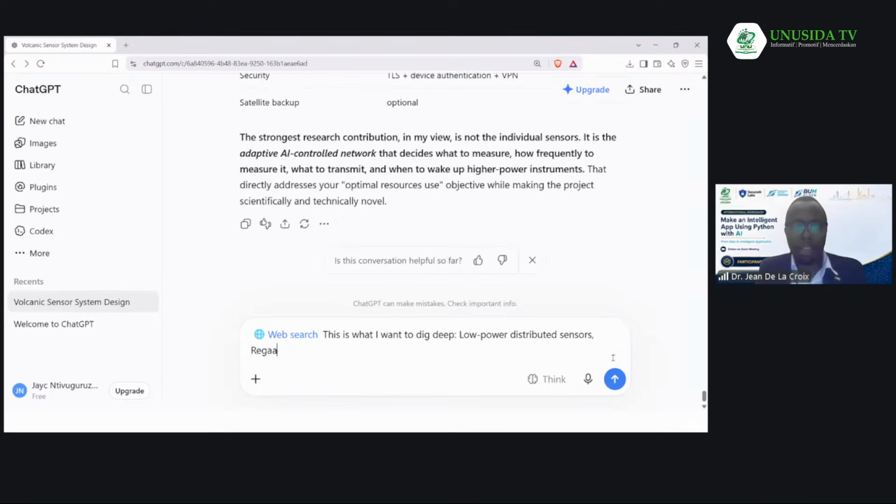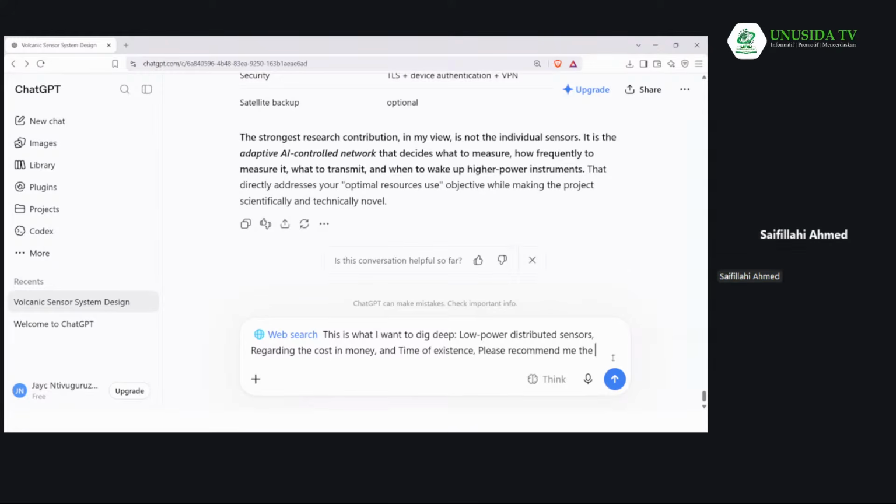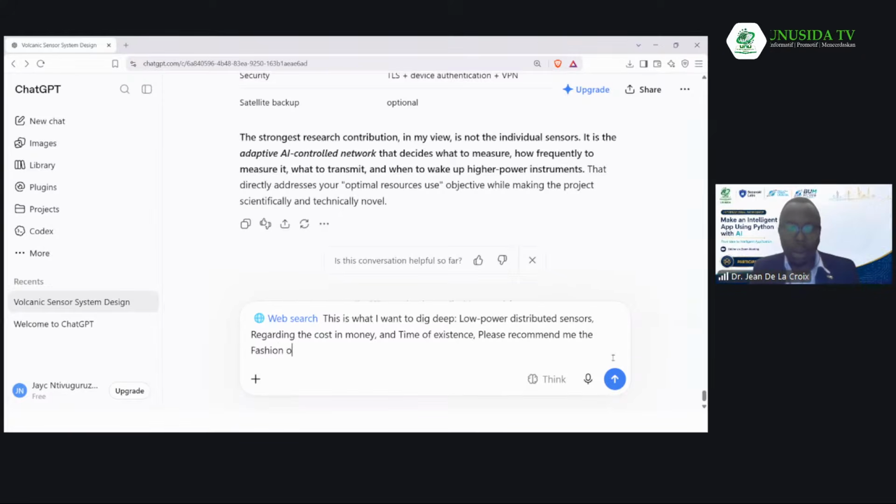Regarding the cost in money and time of existence, I'm just setting what I call the key variables here. I'm talking about the cost in money and time of existence. Then I'm asking it to recommend the fashion or the architecture of deployment,